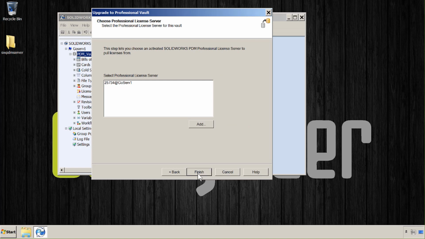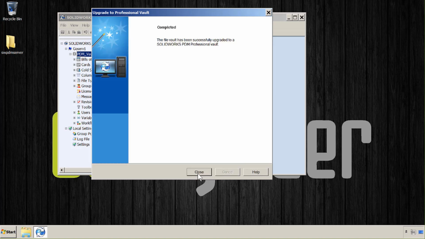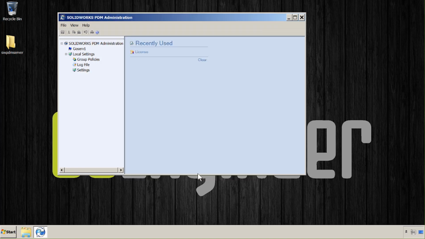It'll verify what my license server is, which should be the same. In this case, we're not switching license servers. And I'll select Finish and Close. And that's it. Now, the reason that that vault disappears for you is that this administrative tool is a PDM